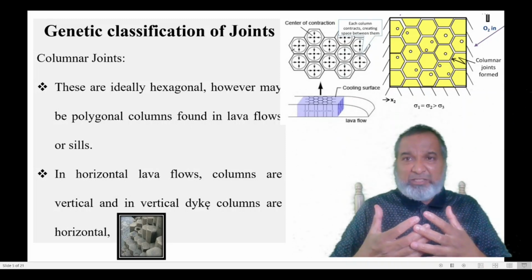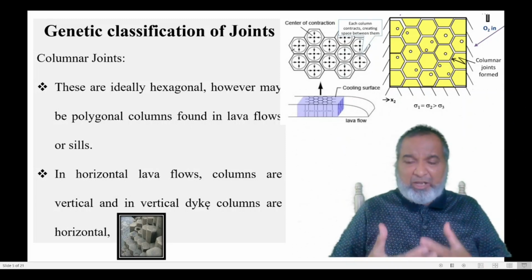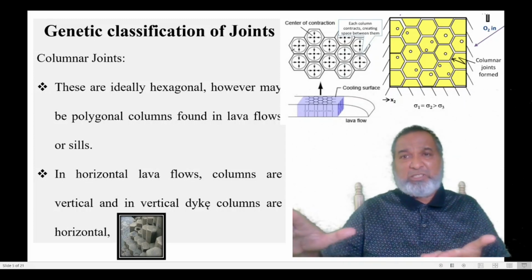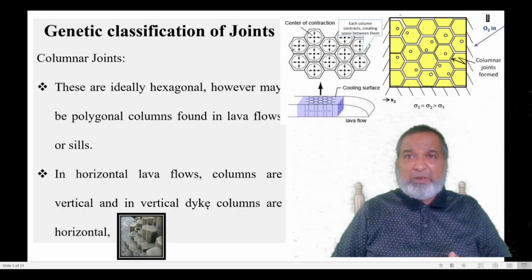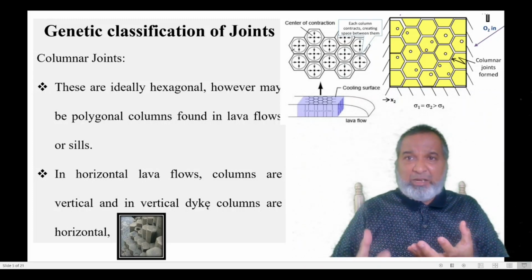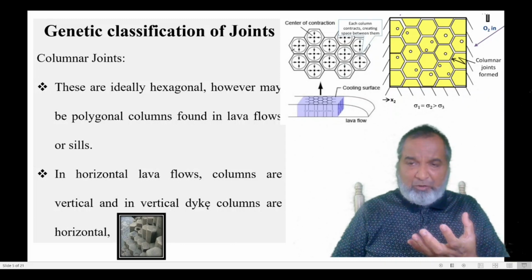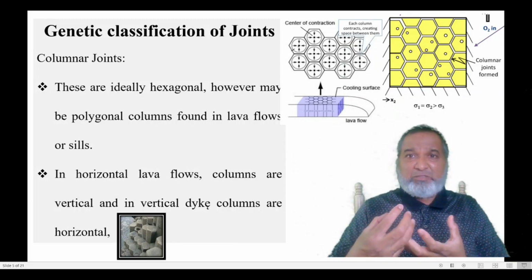Whatever magma is there within the magma chamber has erupted on the surface, and that lava has spread on the surface. Now, what is happening? The magma is under high temperature and pressure conditions at a greater depth. Once it is coming from that depth to the surface, what is happening?